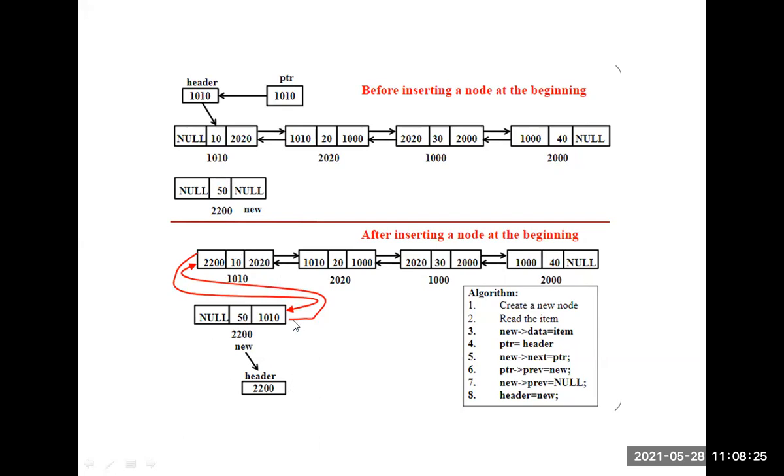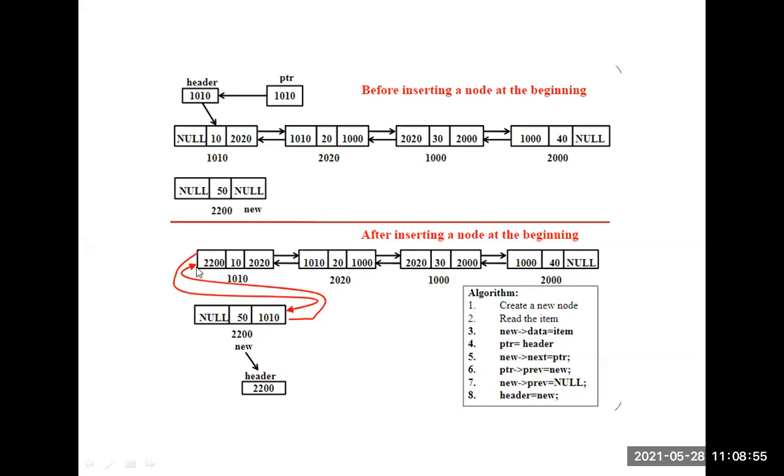Return temp. If you want to insert at the front end, the left link is null, and the right link contains the next node address, that is 1010. When temp of right link equals head, the 1010 is stored there. Then this address is stored here.